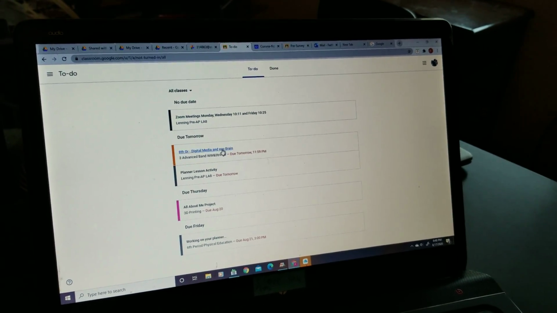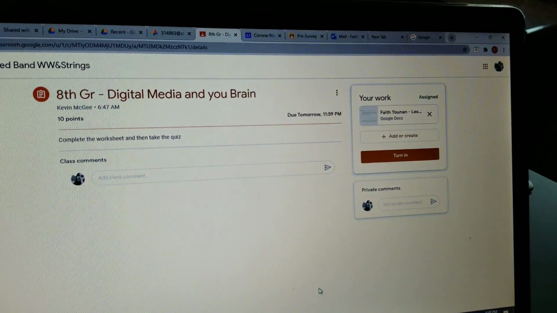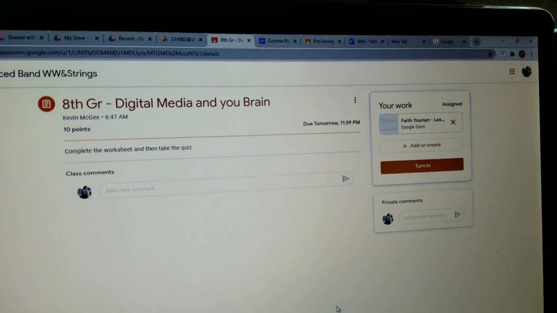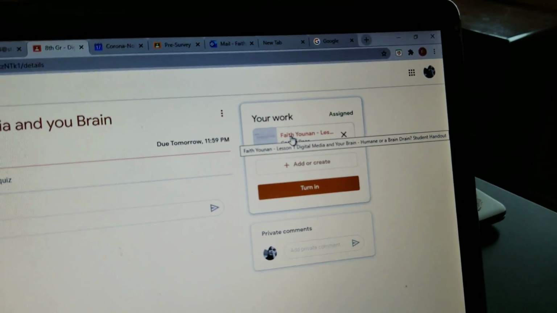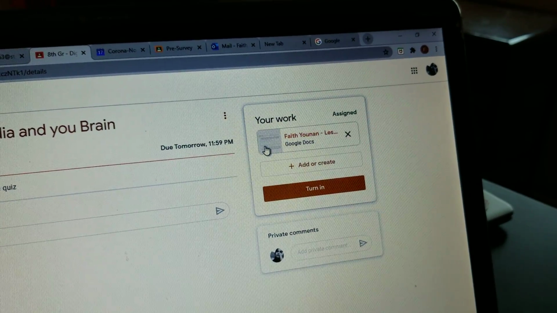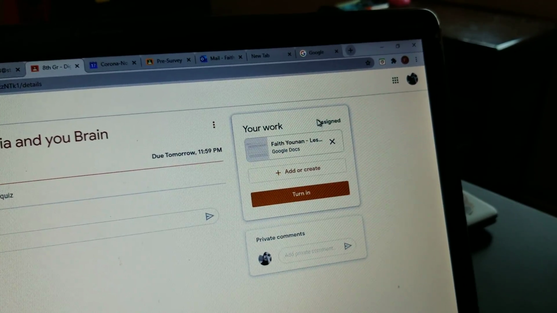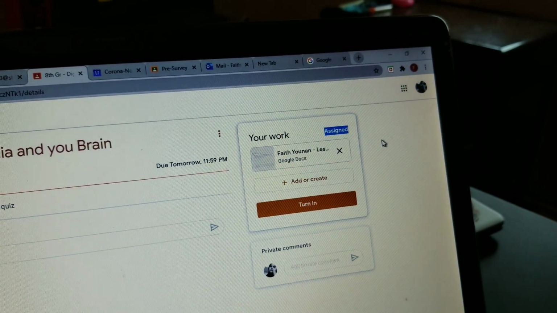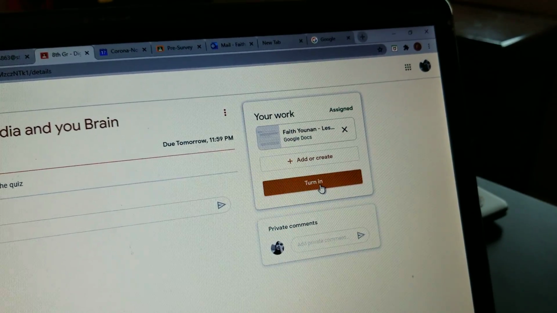So now she's going to go and look for an assignment that's going to be due. Now, this one is due, and you can see that over here on the right, it shows that this is the attachment she needs to use and that it has been assigned to her, and she has not turned it in yet. So when she finishes it, she can click on the turn in button. But wait,